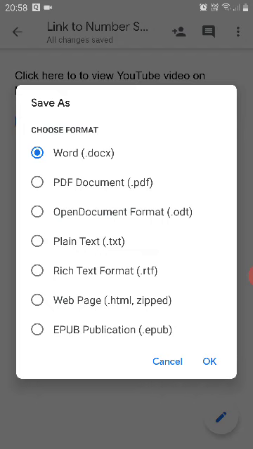When you click on the save as option, you will get multiple document formats that can be used for sharing this document. I will use the PDF document. PDF is a portable document format. This is the most popular format for sharing text and image material, any of the course material or things, in a very compressed way. It can be shared with anybody on internet or mobile platforms very easily. It can be viewed as well. So you have to select a PDF document, and then you will click on the OK button.